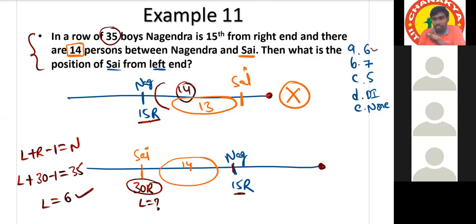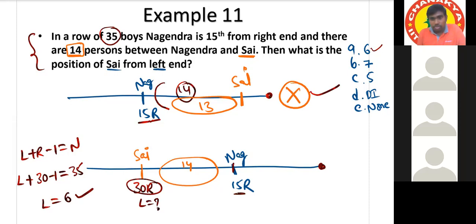Correct answer. Sir, we can do it in a different way, an easier way. Like in some previous questions you gave, the position of the left hand person plus the middle number of people plus the right hand position of the second person will give the total number of people. Yes, correct. That is for non-overlap. We can do it that way also, but we need to confirm whether there is overlap or not, and later we can apply that. What you said is correct.